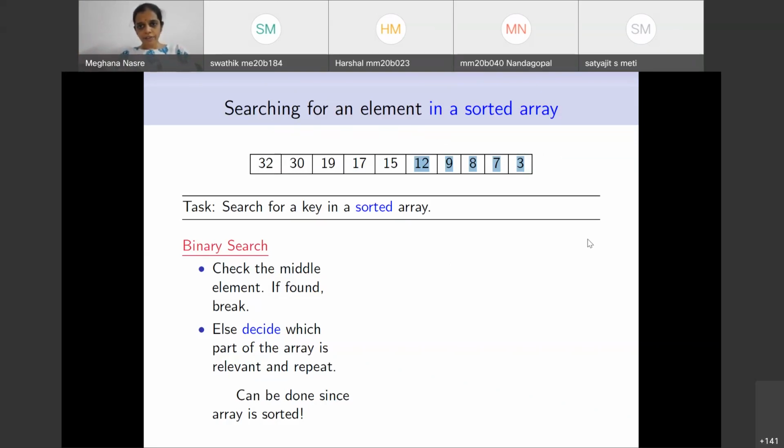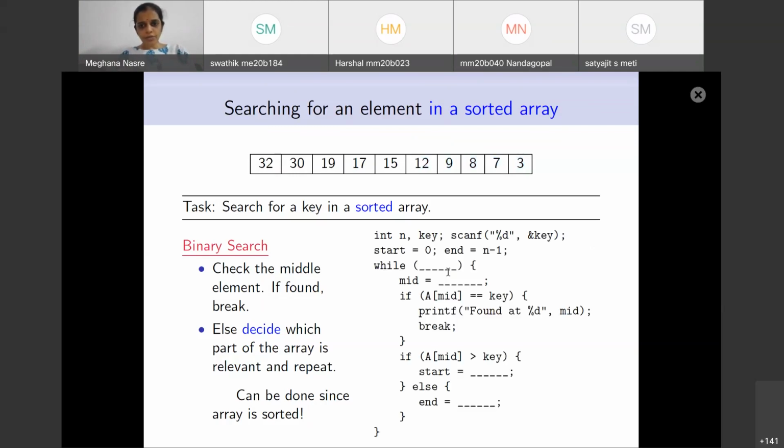I have written out a template of this, and I would like you to do what you have done in quiz 1: exactly fill out the fill-ups here such that this completes the code for the binary search. So this int n, it is assumed that it has been initialized or scanned. Key is something that we are showing is explicitly being scanned.